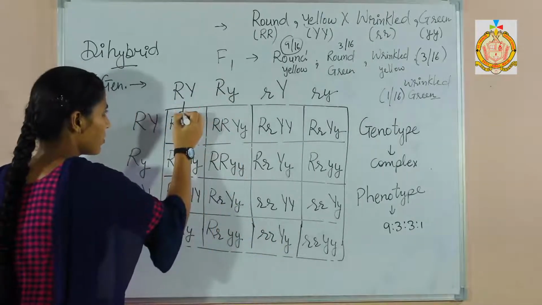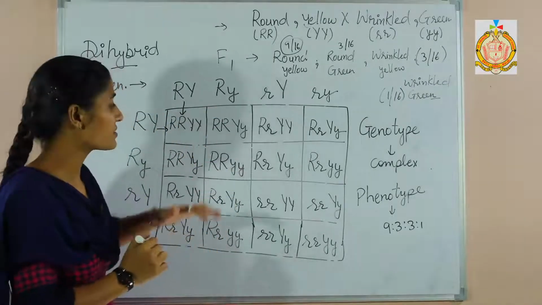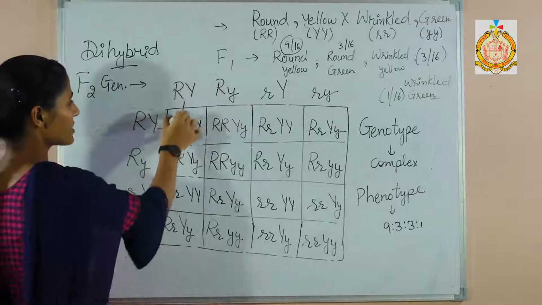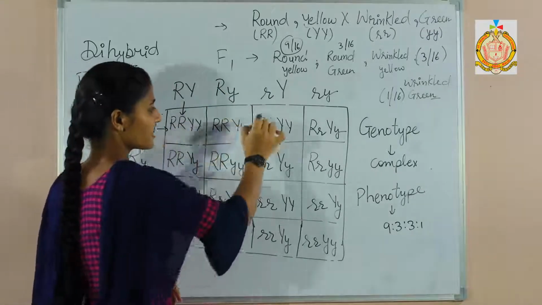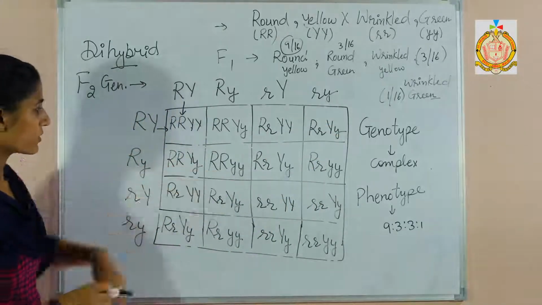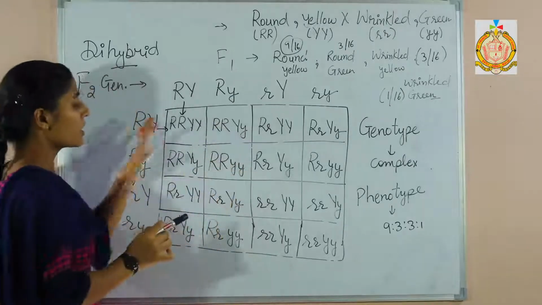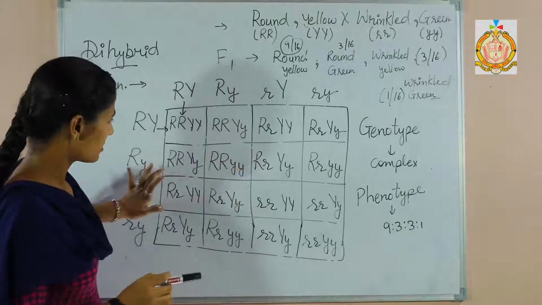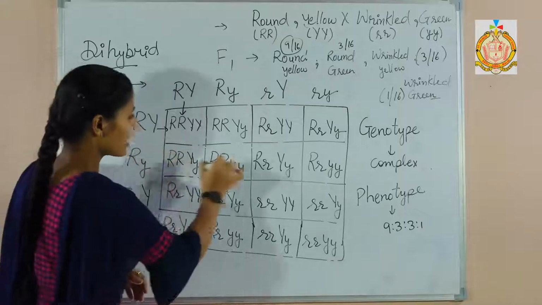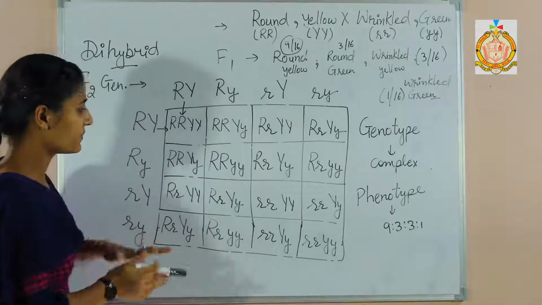I told you how this combination takes place. It is the combination of the rows with the columns only, so don't be confused about how we show this combination. We combine the rows with the columns. First row, first column; first row, second column; first row, third column; first row, fourth column. Then the second row, first column; second row, second column. Try to make a reverse 7 in this way, so it will be easy for you. Second row, third column; second row, fourth column. In this way we have made this Punnett square.